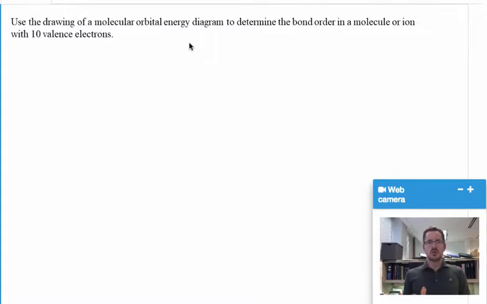Here we're asked to draw the molecular orbital energy diagram to determine the bond order in a molecule or ion that has 10 valence electrons. So we're dealing with these s and p orbitals, the pi's and sigmas, both the bonding molecular orbitals and the anti-bonding. If we remember the formula that we'll be using for the bond order, it'll be 1/2 times the number of electrons that are in the bonding regions or the bonding MOs